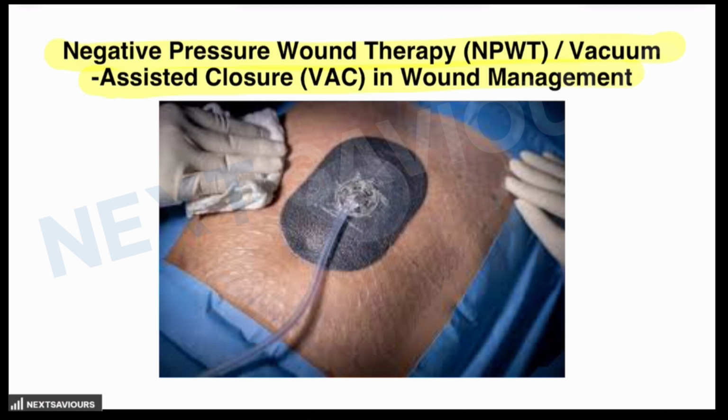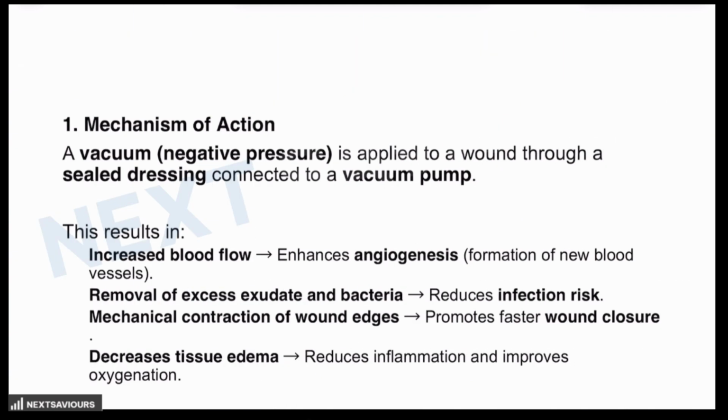That means suction to the wound. What is the mechanism? A vacuum, that is negative pressure, is applied to the wound through a sealed dressing which is connected to the vacuum pump. Now, this results in increased blood flow, thereby enhancing angiogenesis, removal of excessive exudates and bacteria, mechanical contraction of the wound edges,